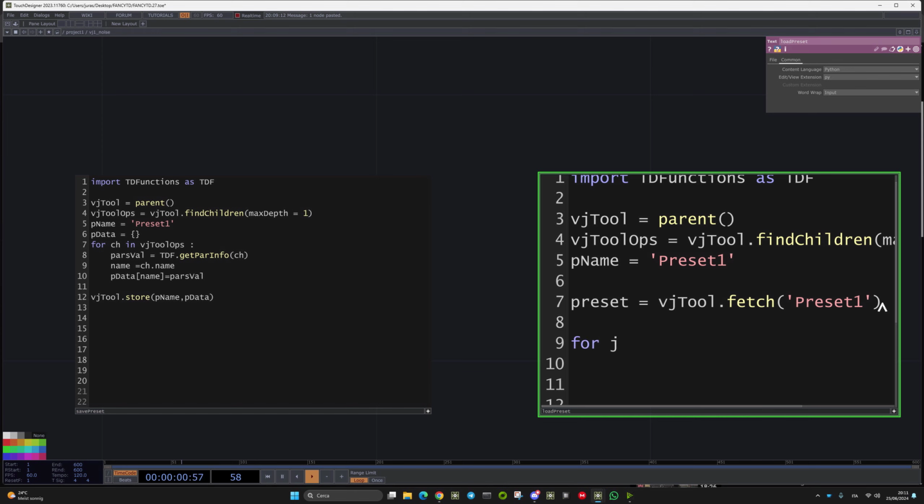So we can say for key in p data in preset. We now want to launch the opposite of this one. This is to get, then we have apply. So we say TDF dot apply